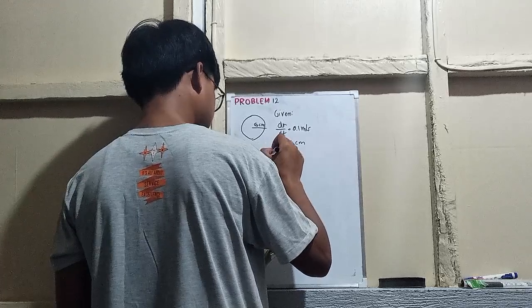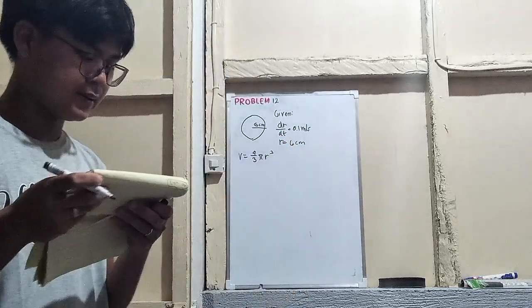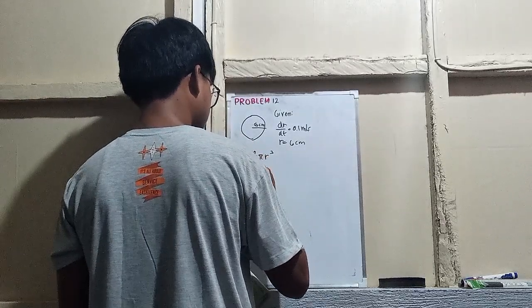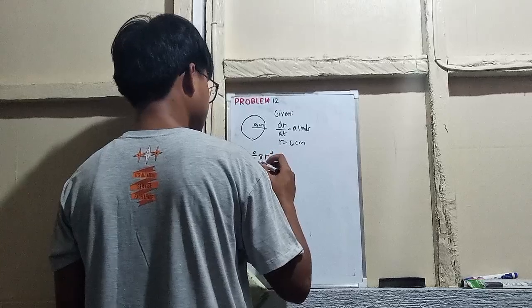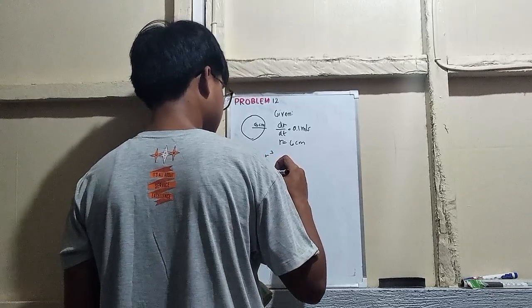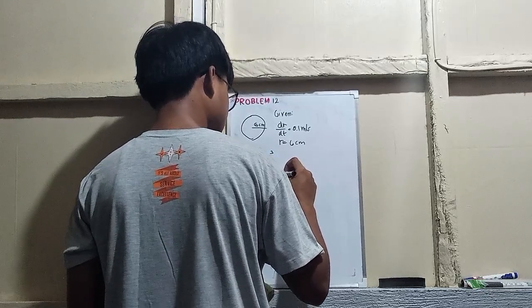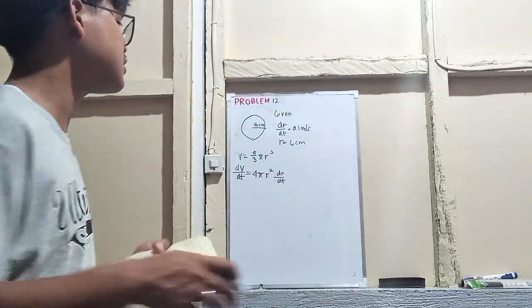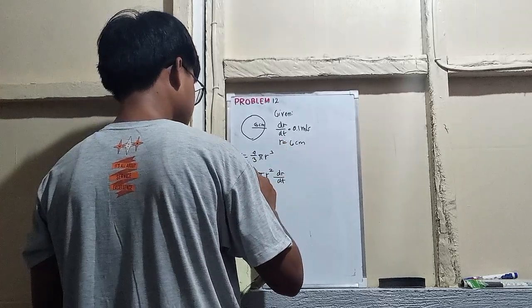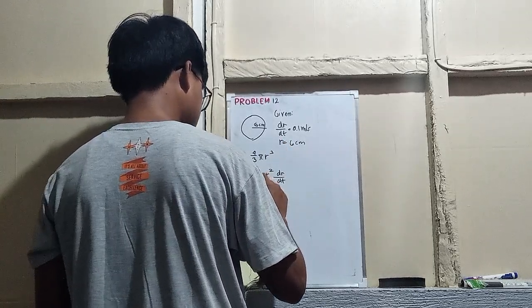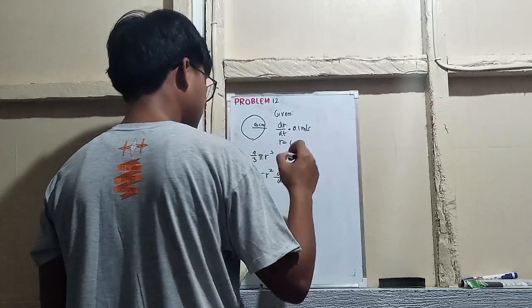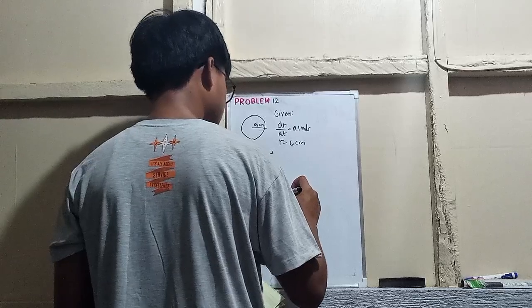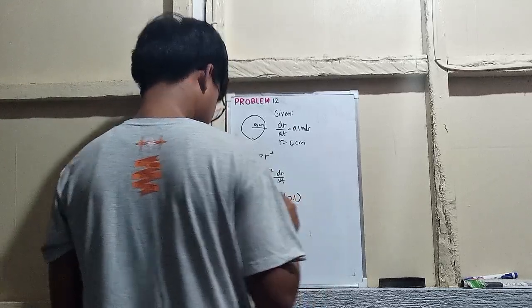Now we all know that the formula of getting the volume of sphere is equal to 4/3 pi r cubed. Now we'll differentiate the formula. So we will have the dV/dt, then 4 pi r squared dr/dt. Now we will substitute the given into the formula. So dV/dt equals to 4 pi, then the r is 6 squared, and our dr/dt is equal to 0.1. Then solve